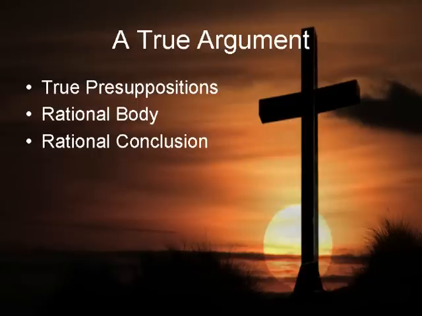We should notice that the presuppositions must be true, and the body and conclusion must be rational, where the condition being met is the agreement in the truth of the presupposition. However, any argument that would have the presuppositions of one argument as its conclusion would itself have a set of presuppositions that would need to be shown to be true. This recursive result implies that no argument can ever be shown to be true. Instead, the true argument is an ideal. In other words, all presuppositions are equally unprovable.